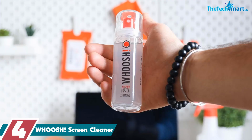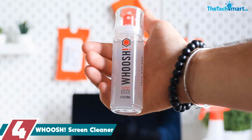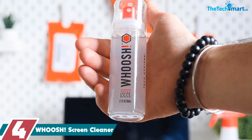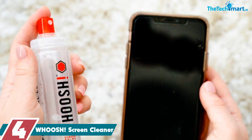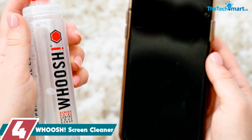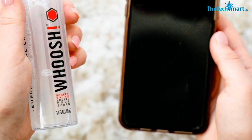Moving on at number 4, we have the Whoosh Screen Cleaner, a powerful product that can work as a phone, laptop, tablet, camera, car gadgets, and TV screen cleaner. The Whoosh Screen Cleaner is an excellent investment for anyone looking for a great value solution to keeping their tech as bacteria-free as possible. With it, you'll get one 3.4 ounce bottle, one 0.3 ounce bottle, as well as 2